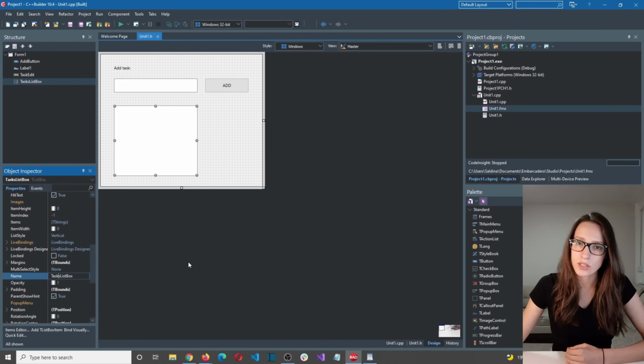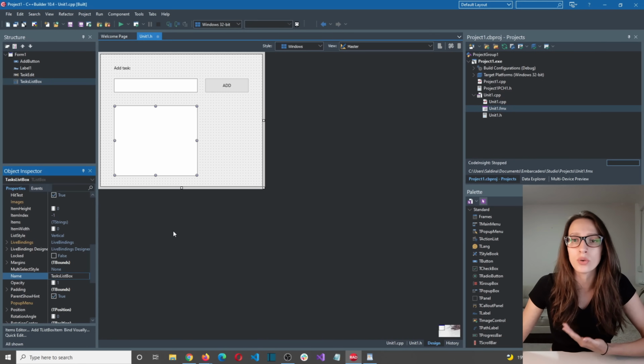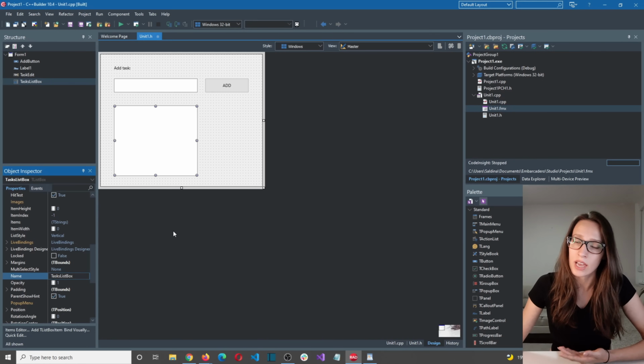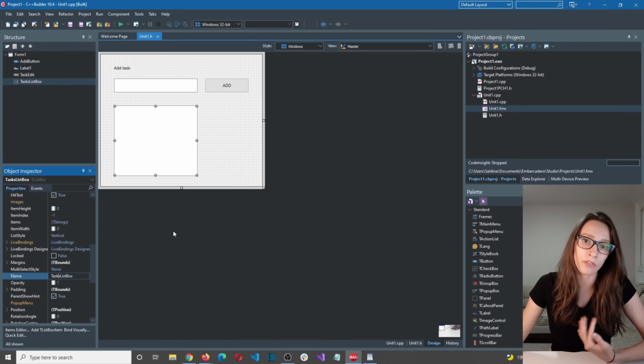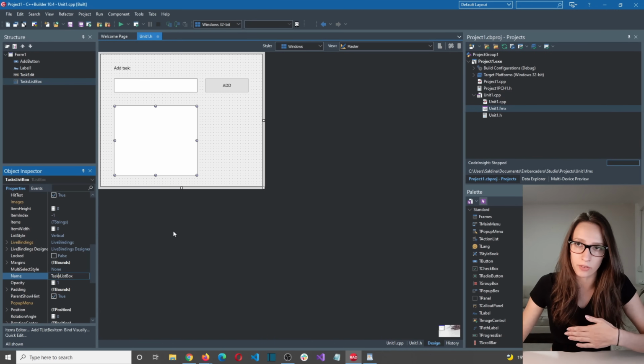Okay, like this. So what we have achieved with this is that when we want to refer to a specific component from our C++ code, we are going to use the name of that component. And it is going to be much easier for us if that component has a meaningful name. Now, one thing that just happened, and you noticed that if you paid attention since the beginning of this video,